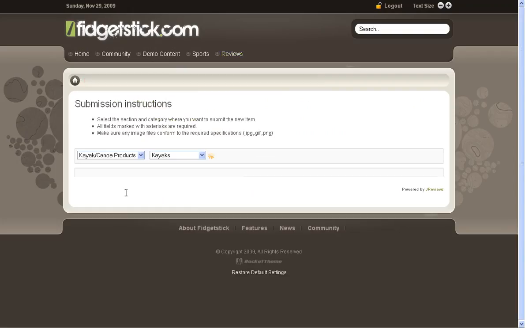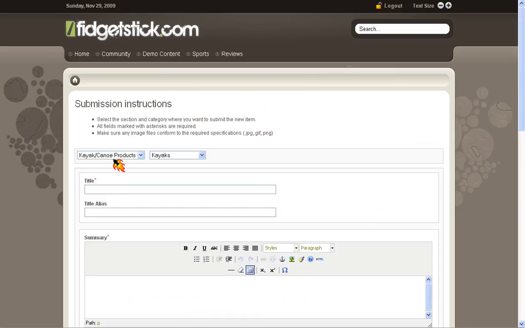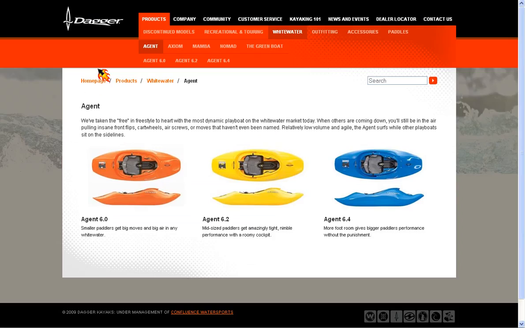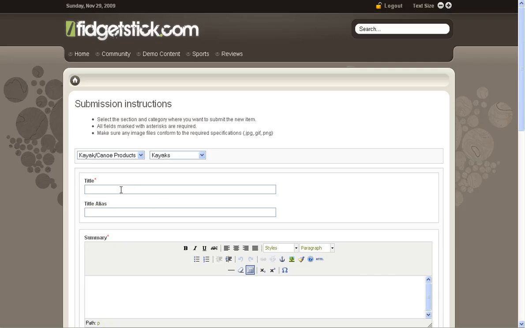Okay, so this brings up the submission screen. Here, the first thing we're going to do is make sure we have the right category. So here, kayak and canoe products, and from the drop down we have the right product, kayak. Okay, so the first thing we're going to do is input the title of our product, and as we said before, the format is brand and product. Okay, so we're going to input that into our site. So Dagger Agent 6.0,